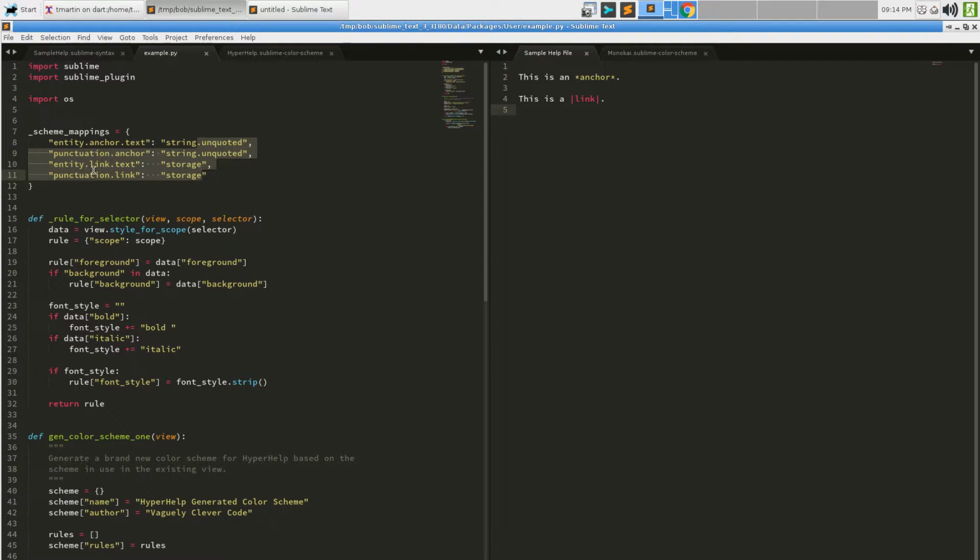And if these were actual scopes that follow the guidelines, then this value and that value would be the same. If I was having strings in my help file, I would say that this is string.unquoted and this is string.unquoted, and it would just look up the color for strings. And in this case, I want links to be a reddish color, and I know that, well, we'll just say, a storagey type color. So that is what I'm going to use for that,